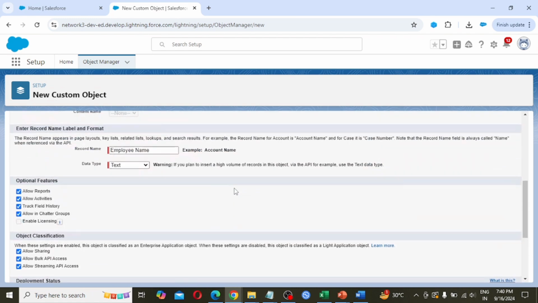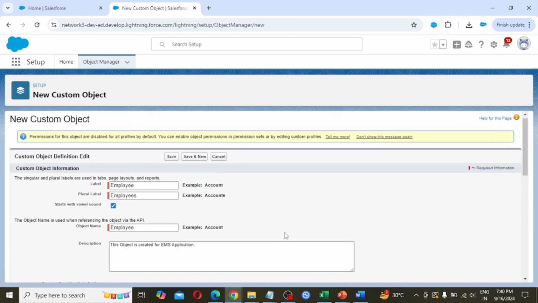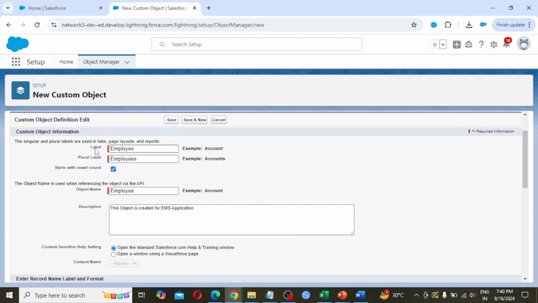So let's see in one view what we did for creating the object. First we have to provide the label for that particular object. In our case we are creating the employee object. So employee, plural is employees.